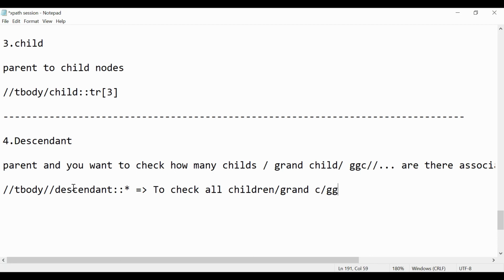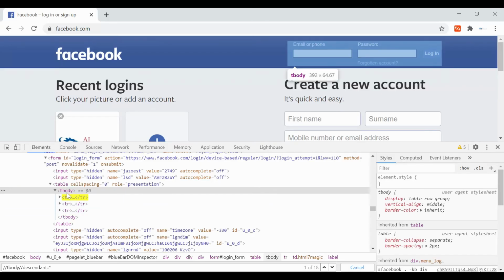Likewise, if you want to go to particular children, go to tbody, then descendant double colon and specify the tag. Let's say if you want to go to the immediate rows, the immediate children, that is the TR, right? In our example these are the immediate ones. So we specify TR here, and as you can see it's showing 3. Previously it was 18, including all, so now TR is 3.